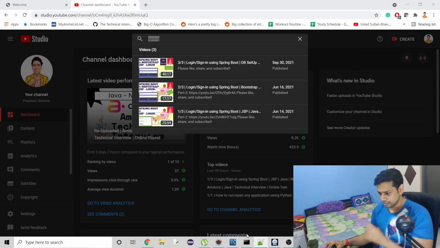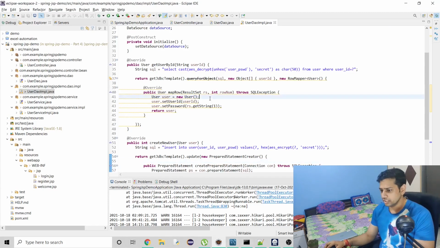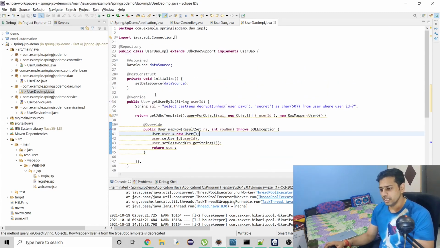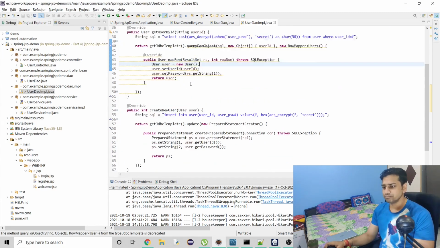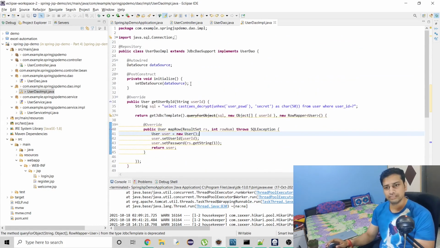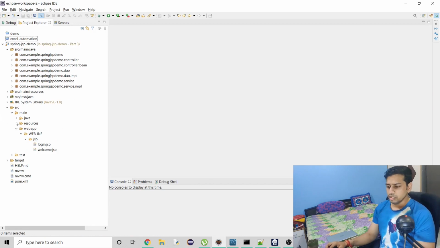Okay, so I won't say much, and I'll just open my code. So here I have the code ready already. I will start from the code which I had in the third part of this series. From there onwards I will keep adding to the code to show you what you have to do, and I will explain while writing that code why I have done that. So let's do that.